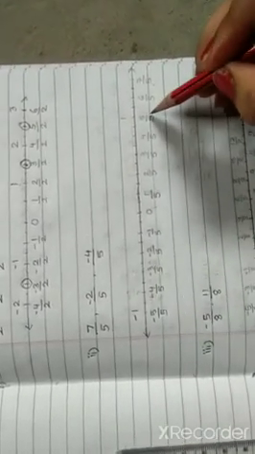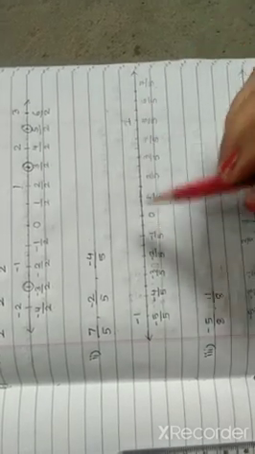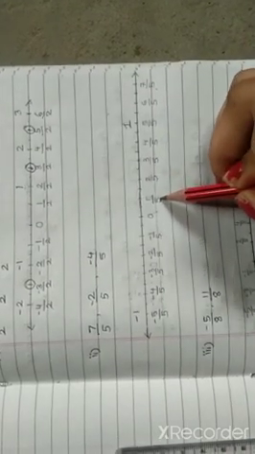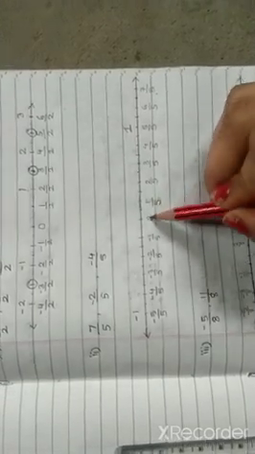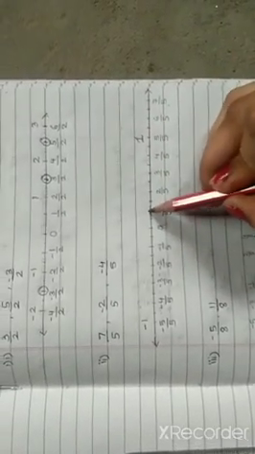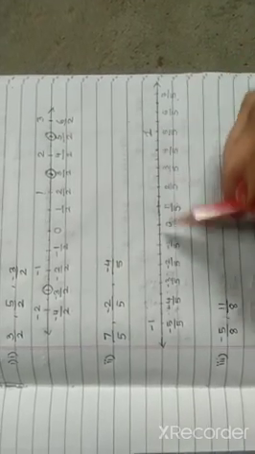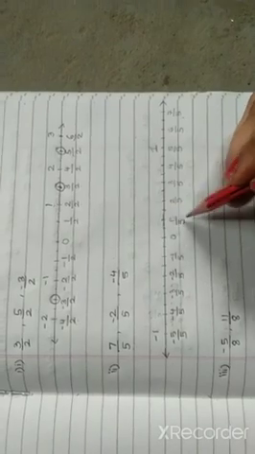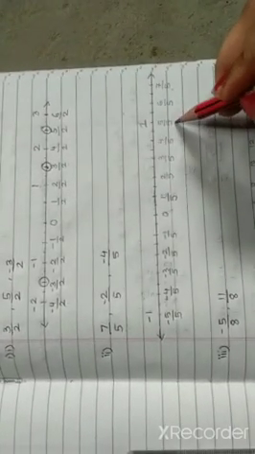Again 5/5 will get cancelled and we'll get here is 1. 0 to 1. There are 5 points. Therefore on the denominator we have upon is 5, because from 0 to 1 you all can see 1, 2, 3, 4 and 5. There are 5 points between 0 to 1. That is what I have broken down and written over here. 1/5, 2/5, 3/5, 4/5 and 5/5.